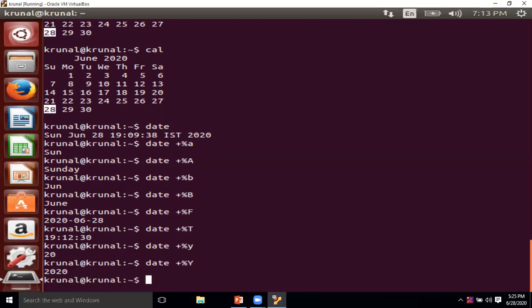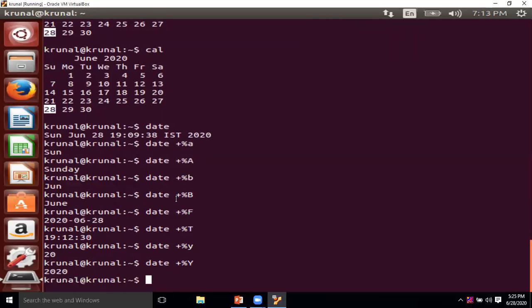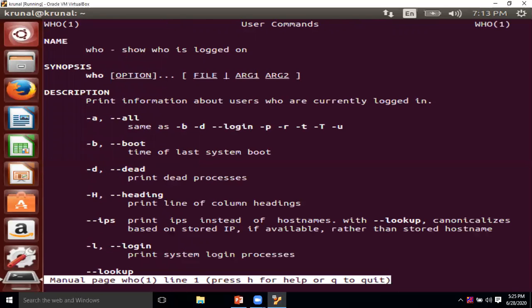Okay, now the next command is the who command. If you want to see the help of the who command, type man space who, and it will show the help of the who command with various options.